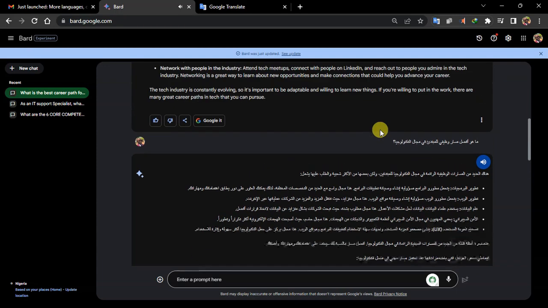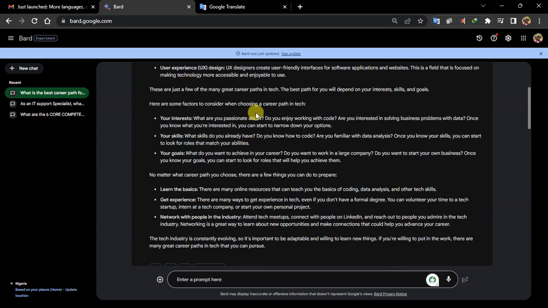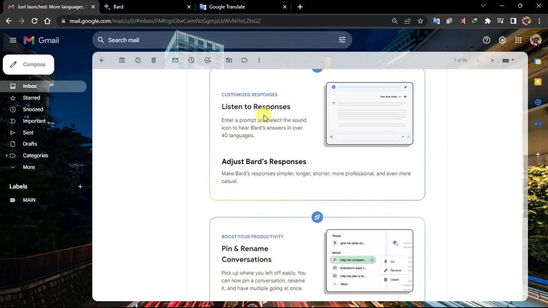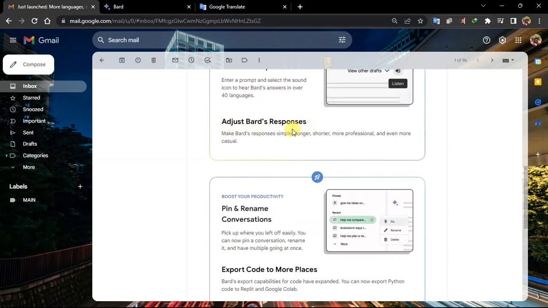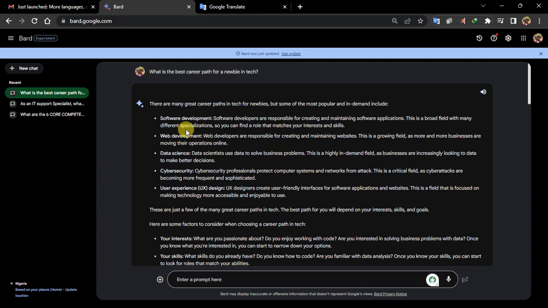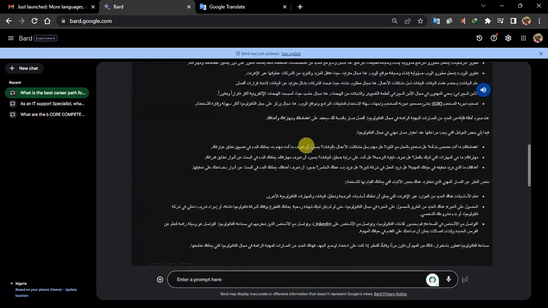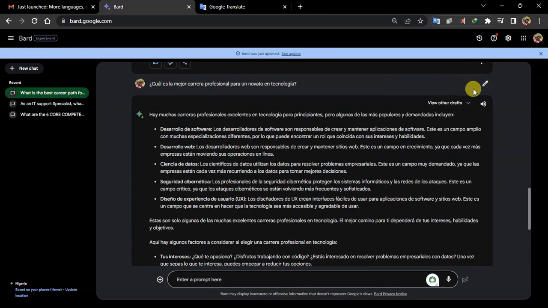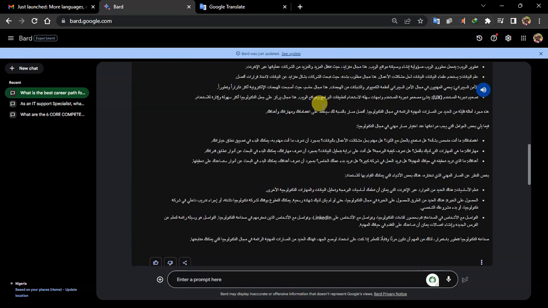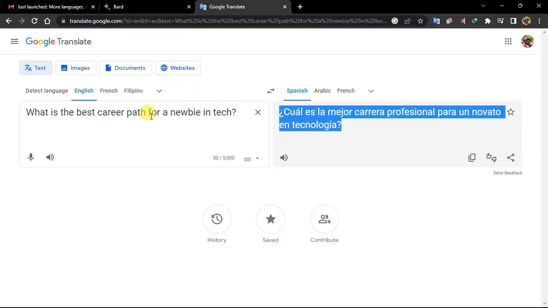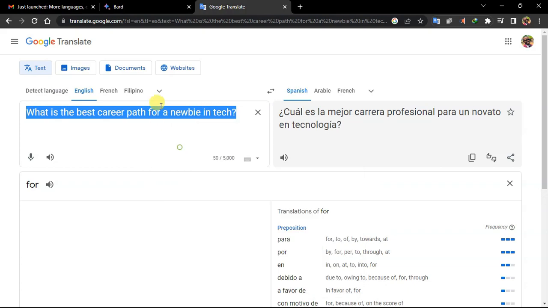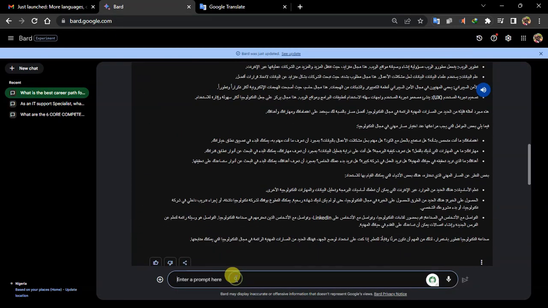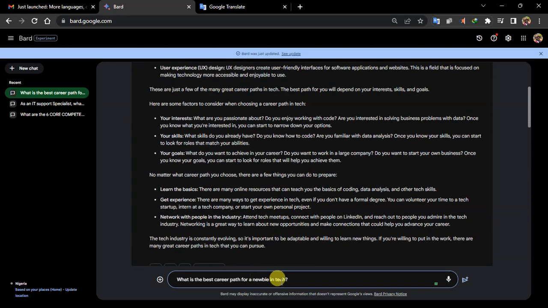Okay, so everything is working. Just try out the voice, and you can also adjust bad responses. So what it talks about is actually the responses are much too long. I can come here, click on this, go to edit my response. Come here, select this, copy, go over here, type the same question. But what I want to do is, it's too long, so I want it to simplify. Specify it. So I can come